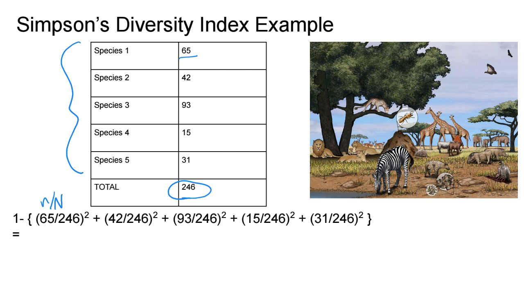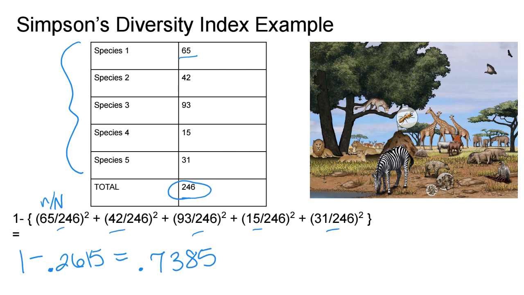I'm adding the sum of that for all 5 species, so I go through and do it for all 5. What that gives me is 1 minus 0.2615,